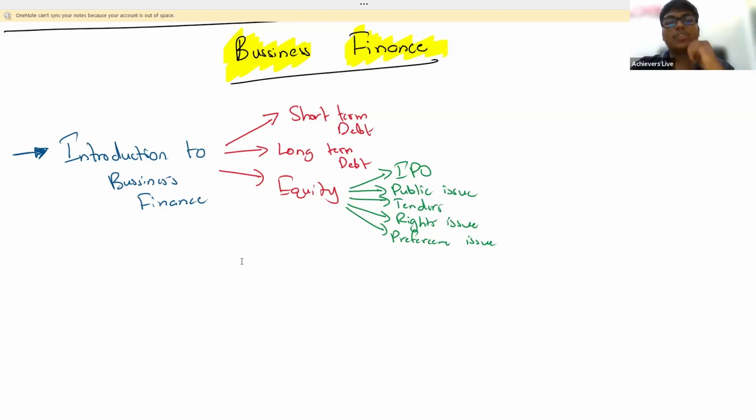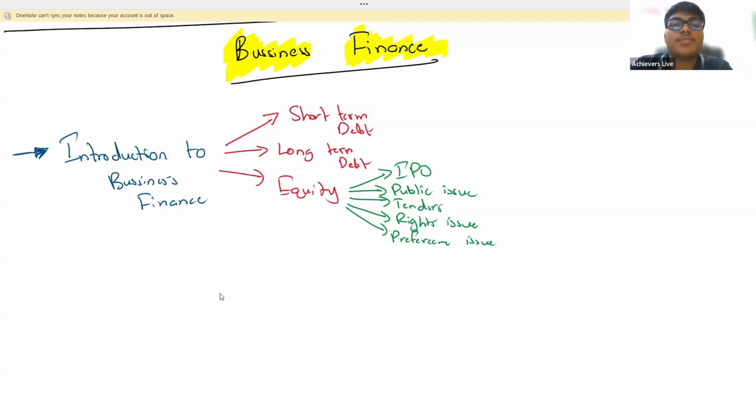Okay. Next, you have preference shares. Preference shares, you have two types: redeemable, irredeemable. But here we are talking about just irredeemable. So two types are there: cumulative and non-cumulative preference shares. You have to know the advantages and disadvantages of preference shares. What are the advantages? More flexible than debt finance and no dilution of control. What are the disadvantages? No tax relief on dividend payment and extra risk for ordinary shareholders.